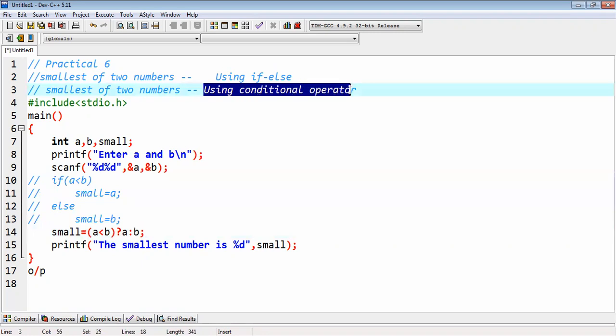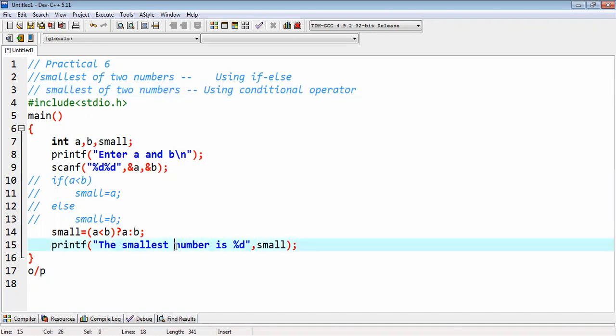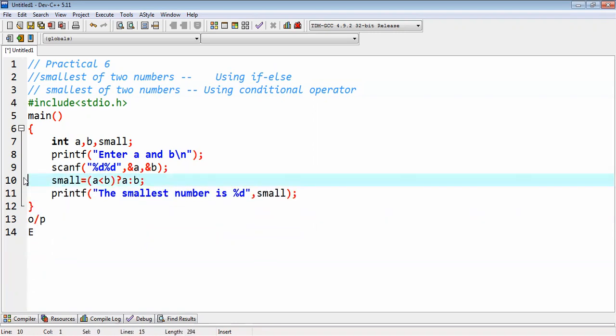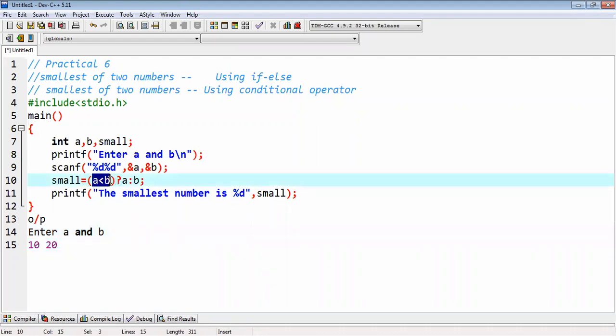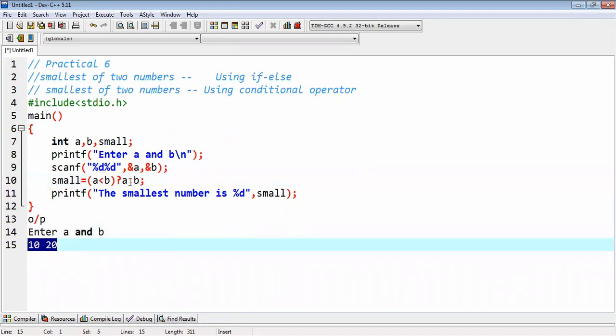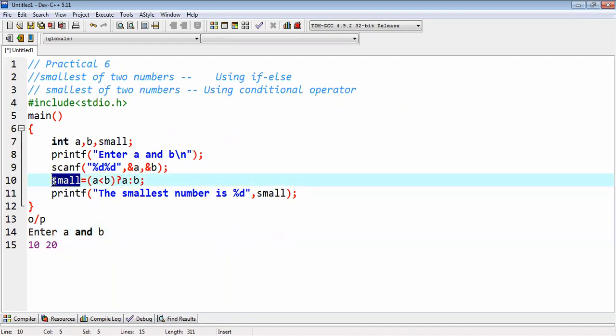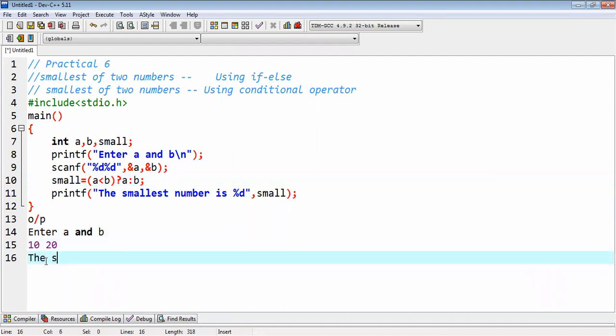So we have written the smallest of two values using the conditional operator, and we are printing the value of small over here. In this case also, these four lines are commented out. I'll write enter A and B, and the message will be printed on the screen. If I enter the value of A as 10 and B as 20, it will check the condition: A is less than 20. Yes, the condition is true. Then the value A will be assigned to small. So small will contain the value 10, and the message printed on the screen is: the smallest number is